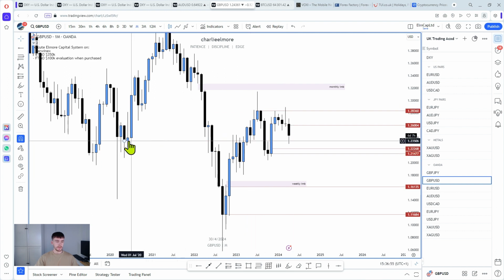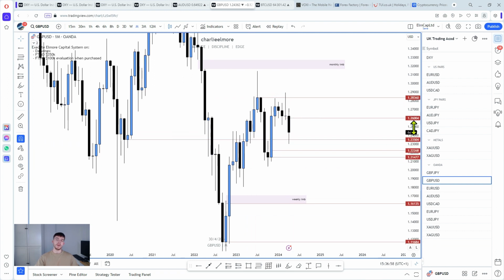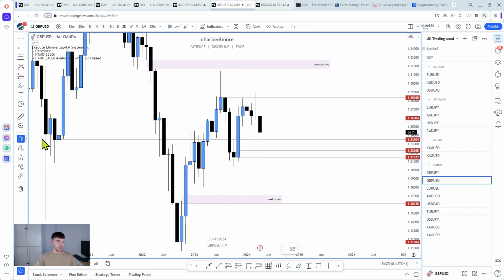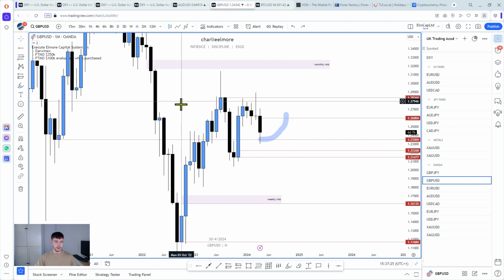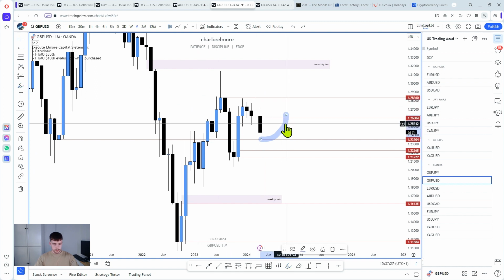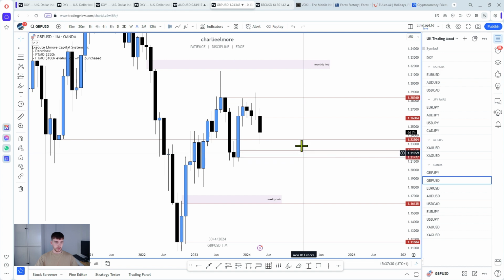So this is a very, very valid, valuable area, I would say, for pound dollar because it's been used multiple times, and you can see that visually with the candles and the wicks and all the rest of it. So this could be used once more as some sort of support to potentially even take out that high there, because we've got a monthly imbalance right there, very, very visible, with liquidity resting below. Okay, so that's a possibility for sure.